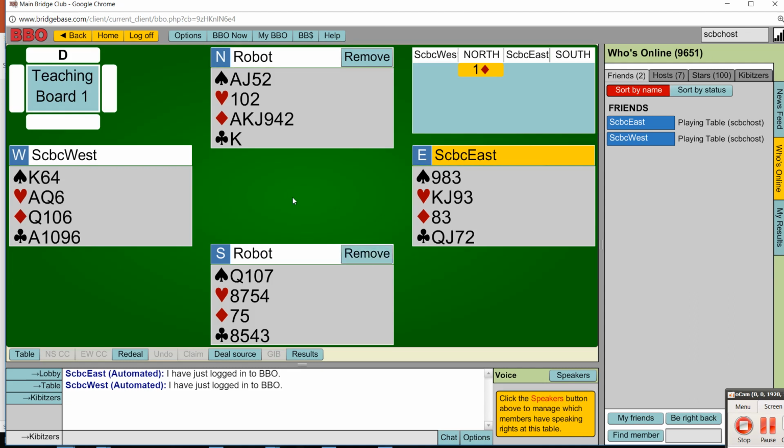Now, this will confuse the actual players if they were seated at this time. So I usually do this, get the robots in before they sit down, and then I go in and deliver the first hand, which we have not seen yet how to deliver, but I will do that before they are seated at the table. And so this is what it looks like